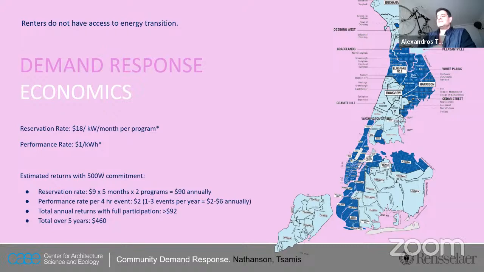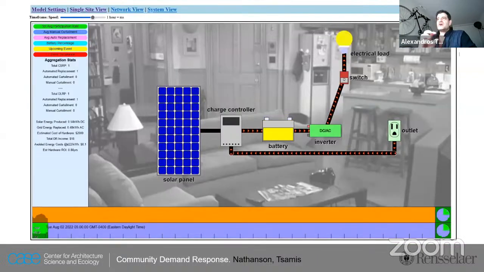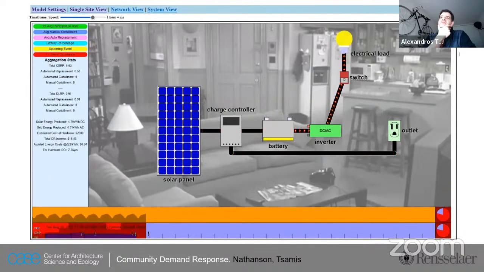The second way that it happens is that there is a service called an aggregator service, where an entity collects many small homeowners together and asks them to cut energy by texting them. I don't know if you have ever received a text message that says that tomorrow we're going to have this or that or the other. We have calculated that in 5 years, somebody participating in demand response events would be able to get $460 from the government. So what we are trying to do is think, with this $460, like a return on investment of 5 years, can we create a portable system that renters can have in their own home in order to be able to participate in demand response